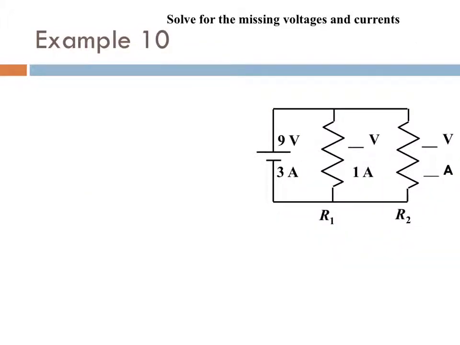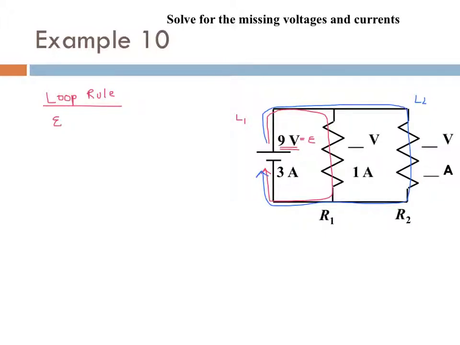And our last example. Here we're asked to solve for the missing voltages and current, and this one's a little trickier. So you want to start with our loop rule, meaning that we're going to start with our 9 volts, which is our EMF of our battery, and we're going to create our loops. Well, first off, we're going to go through one loop here. We'll label this as loop 1. And the other option we have is to go through loop 2. So both of those loops are going to have their own